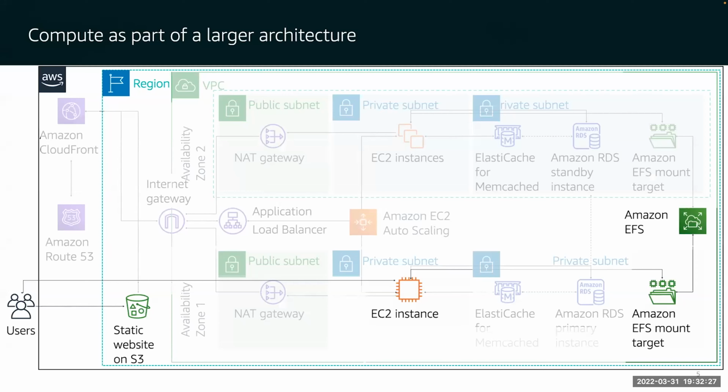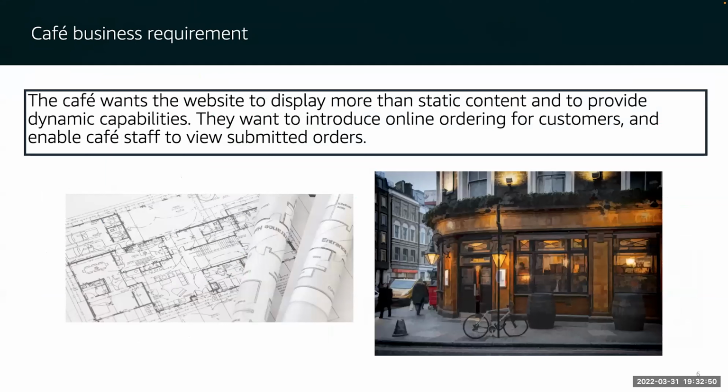So let us look at adding a compute layer in the AWS Solutions Architect course. In this class, we are going to look at the architecture needs of the cafe, because we just did a static website for them and hosted it in Amazon S3. The next step for them is to expand this and create a dynamic website with dynamic content in an EC2 instance, and with the help of